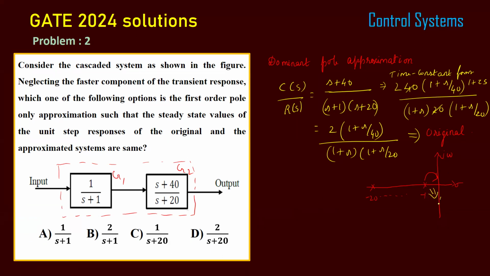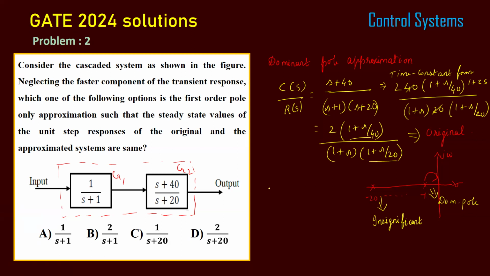So this is the dominant pole, which is nearer to the imaginary axis. That means it has an impact on the transfer function of the system. So the -20 and -40 are insignificant pole and zero. This has no impact on the transfer function of the system, so we can eliminate that pole and zero. Now, after eliminating this 1 plus s by 40 and 1 plus s by 20,